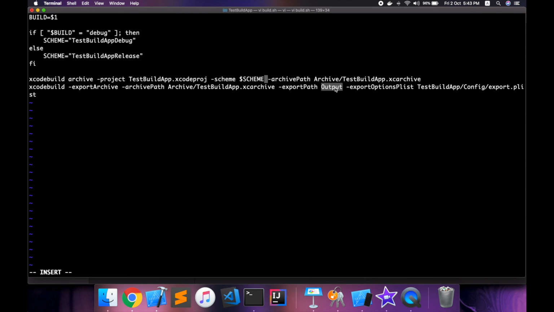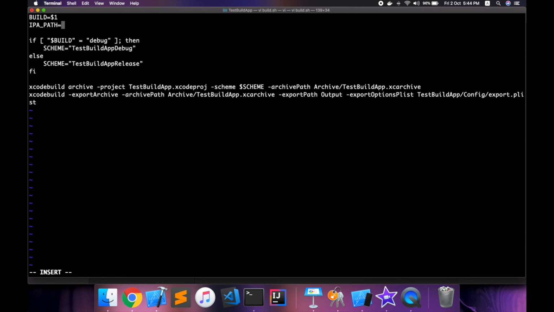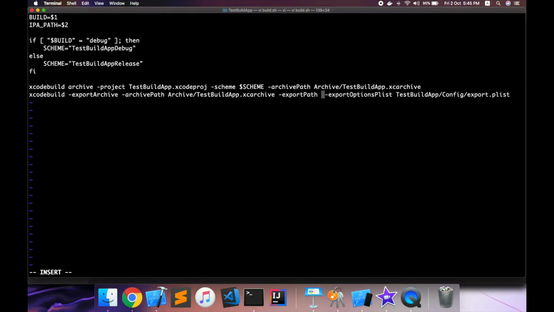This is an argument that specifies where the ultimate output, the iOS application package, needs to be dropped in. So this can be left to the choice of the developer who is running the script, and this can be obtained as a command line argument. Let me create a new variable IPA path, and let me assign the next command line argument to that. Now, rather than hard coding the folder path inside the script, I'm going to get it from whoever is running the script.